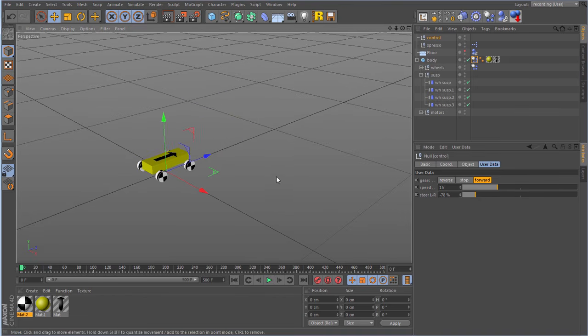Like I said, you can keyframe these values, so you could actually use this little model for some kind of animation as it stands. But in the next video, I'm going to be showing you how to marry this fella up with a nice high poly model of, I don't know, a Mini or some kind of a car or other. We're going to be marrying this fella up to a nice high poly, good looking model and driving it around the scene. But for now, let's just have a play with this gearbox and the steering.